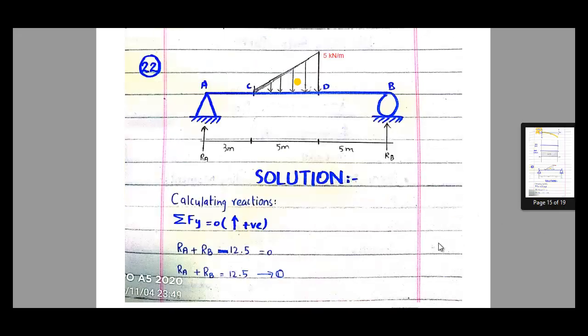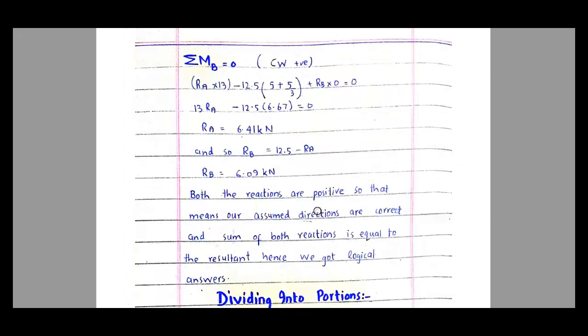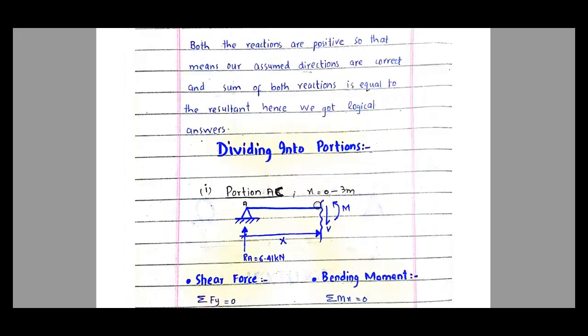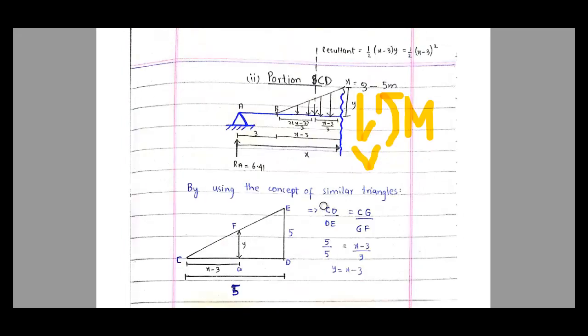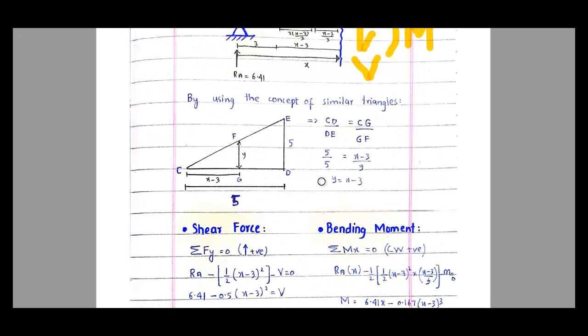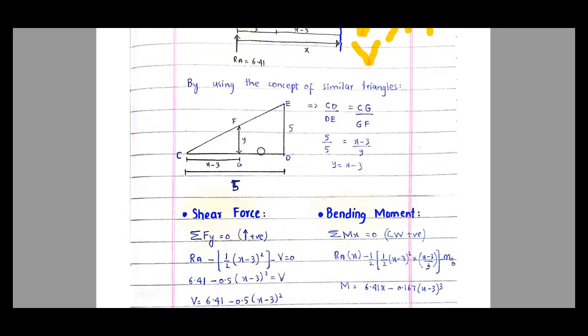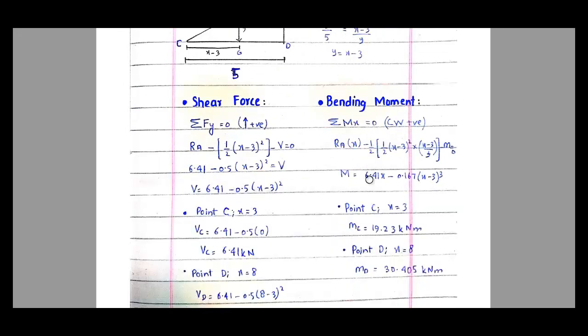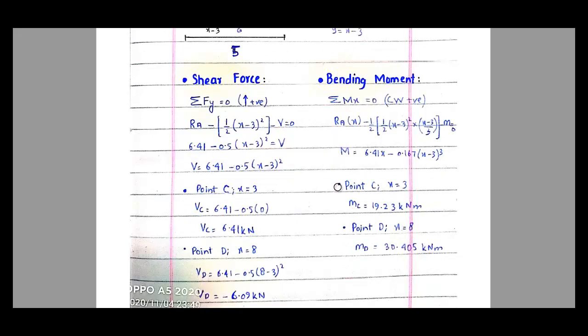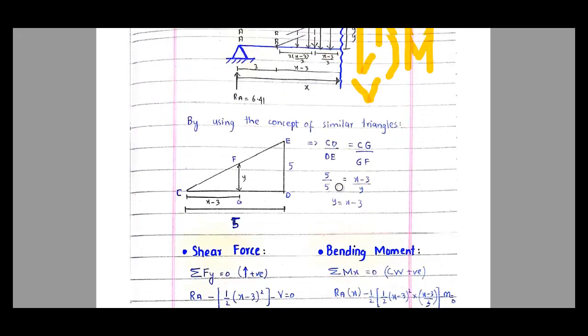Now let me see. Okay, the reaction calculation is done here. This minus 12.5 is the magnitude of this VDL. It is obtained as 5 into 5 divided by 2. Reactions are calculated, and then the beam is divided into a number of portions. I've seen this calculation. This calculation seems okay. For shear force and bending moment, yes, in this part